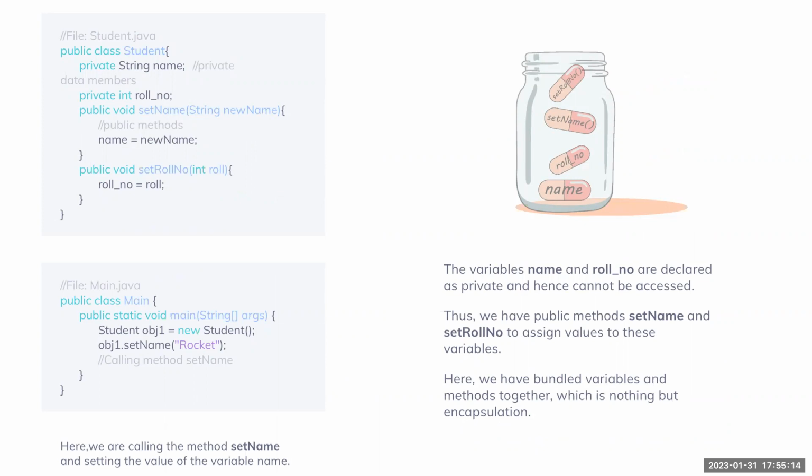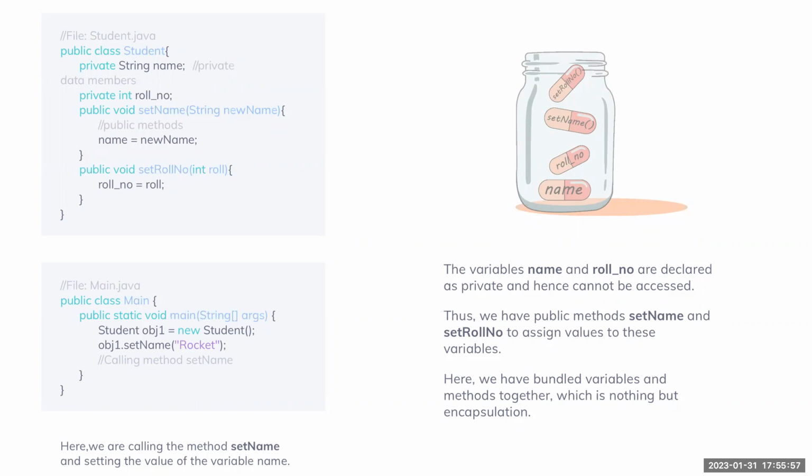Okay, so now what I've done, there is another class, class main. I just added object one dot set name rocket. So I'm utilizing that student class. I'm using that public method set name, and passing a value to that set name, okay,